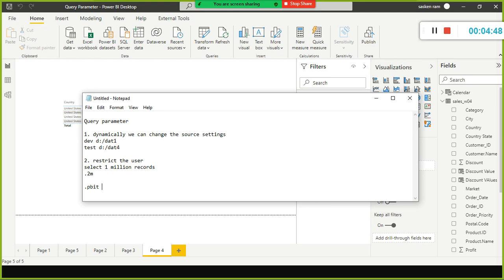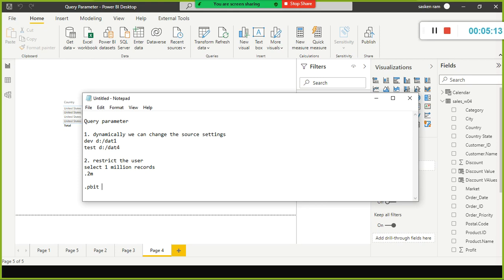They don't have to do the data transformation, whatever you did in your Power BI file. All they do is simply take your file in the form of PBIT, and while opening the PBIT file, it will prompt them to enter the country name or the region name, or based on the parameter which you created against a specific column.